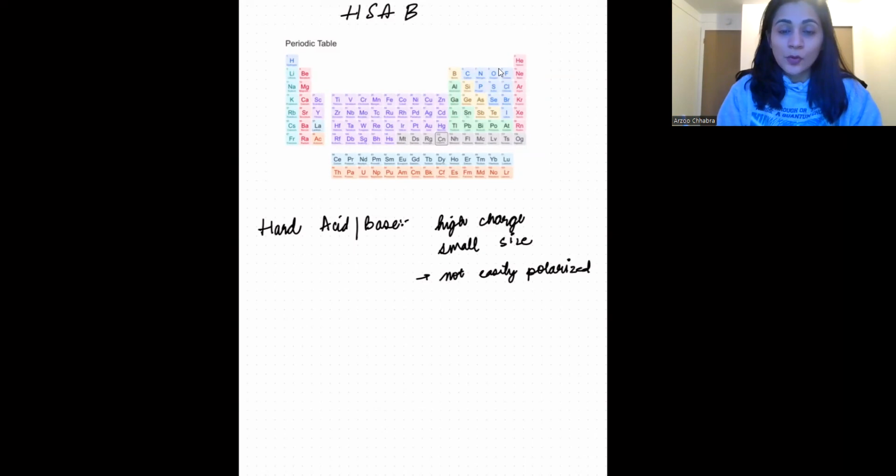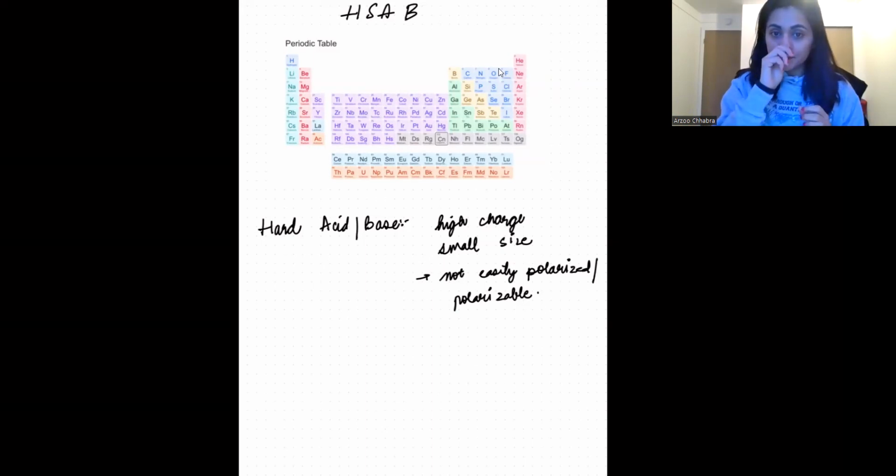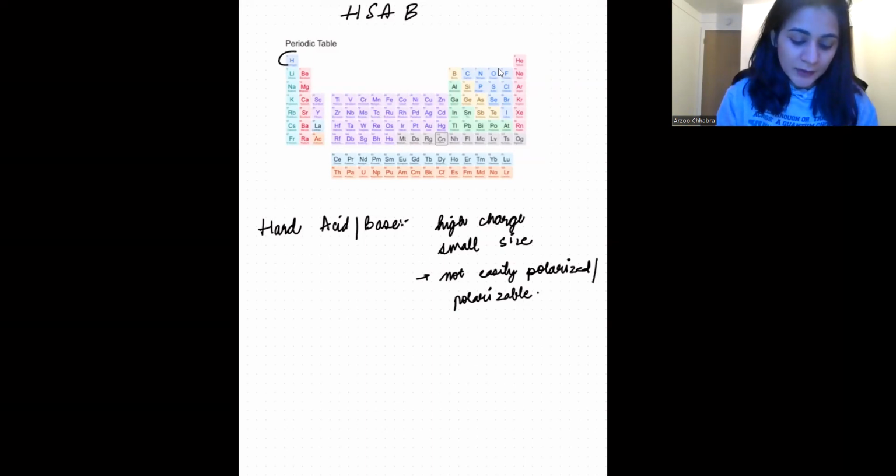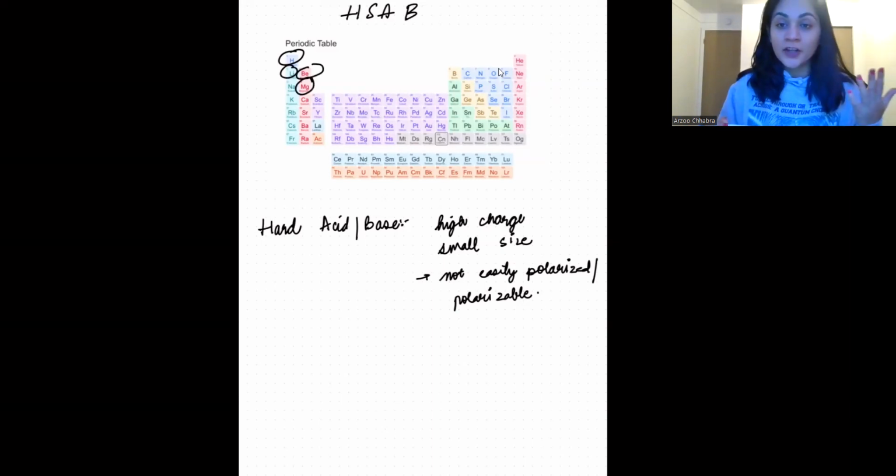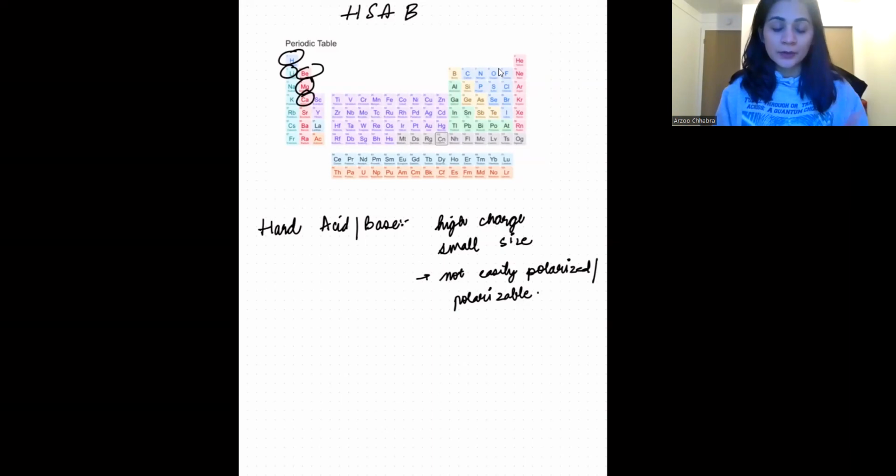That is for acids or metals, and polarizable for bases or nonmetals. So what I'm essentially saying is that if you see an atom or a compound, it can be ionic or neutral, that has a high charge on it and a smaller size. So if you see, for example, hydrogen, lithium, beryllium, magnesium with a +2 charge, calcium with a +2 charge, all of these are really smaller in size, right? Lithium and beryllium are smaller in size, but whenever you have magnesium and calcium with a +2 charge on them, that would also be considered a smaller size,